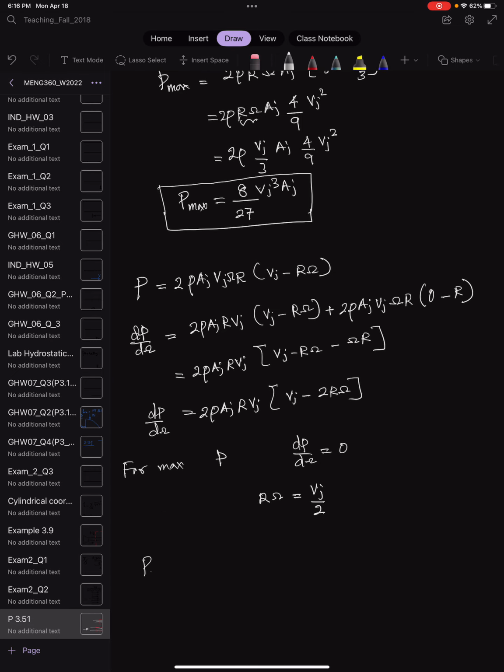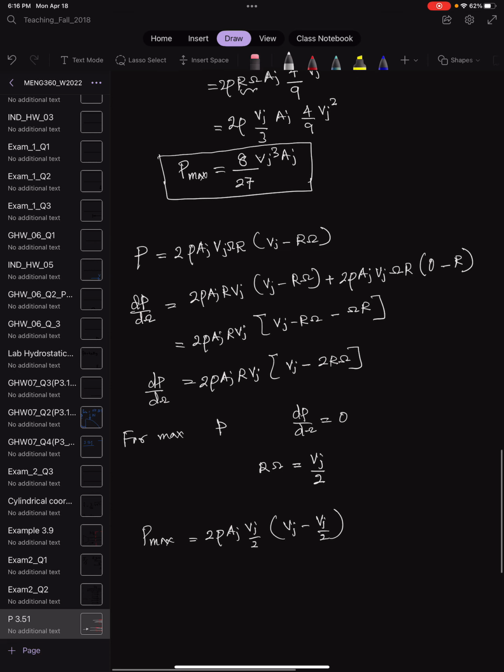So p max in this case is 2 rho aj, instead of r omega I can put vj over 2, and here vj minus vj over 2. So you can write 2 cancels 2, and then you get rho aj,